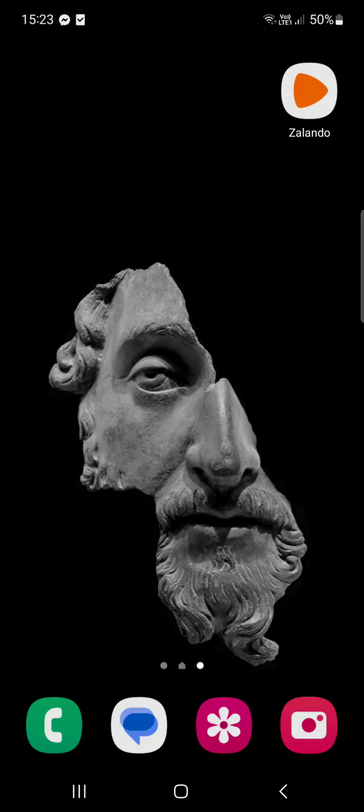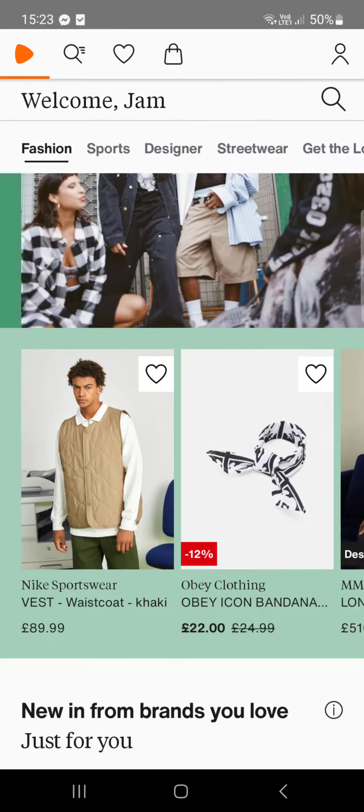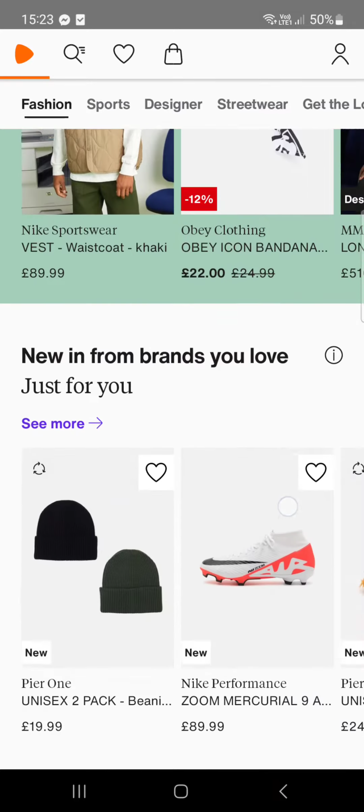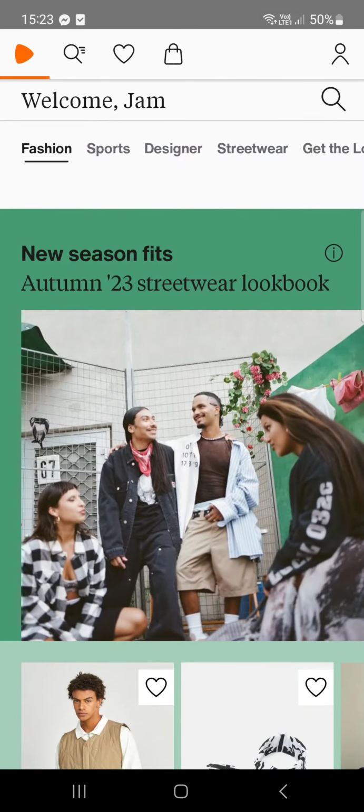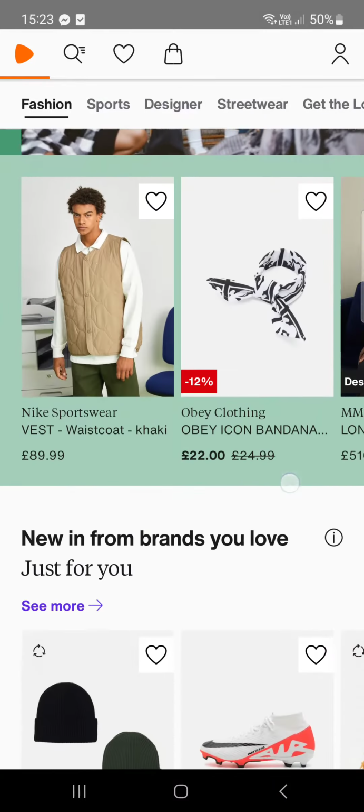So without further ado, let's just jump right into it. First we have to open up the Zalando app, and here it usually opens up in the shopping menu, where we can look at different kinds of clothing articles and fashion trends and different styles and get inspired. But from here, we actually have to go into some